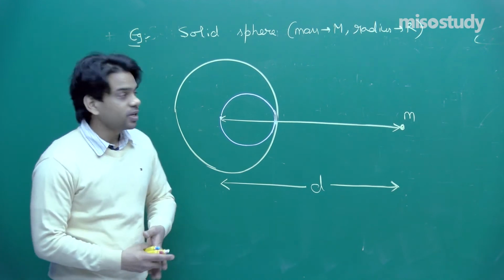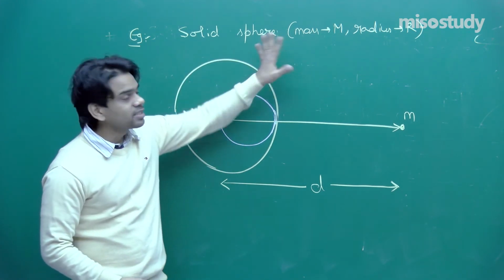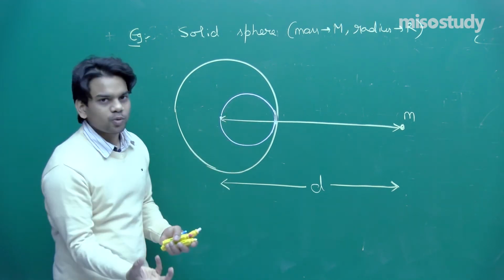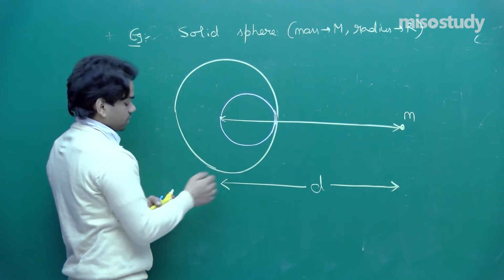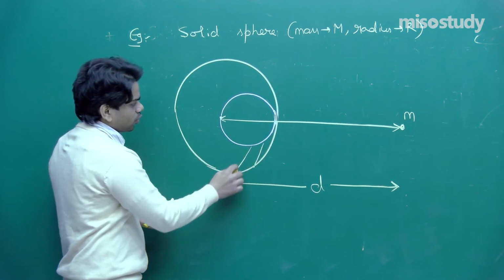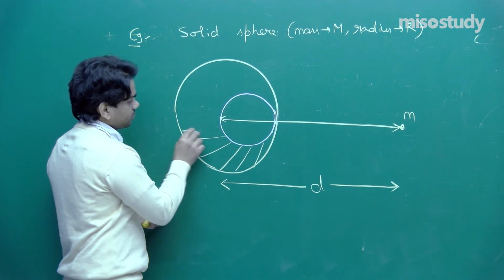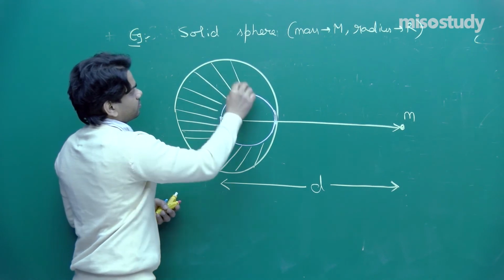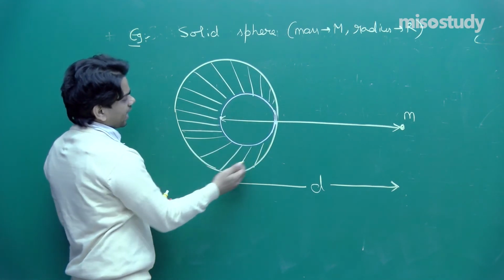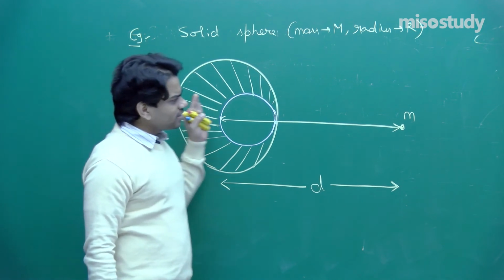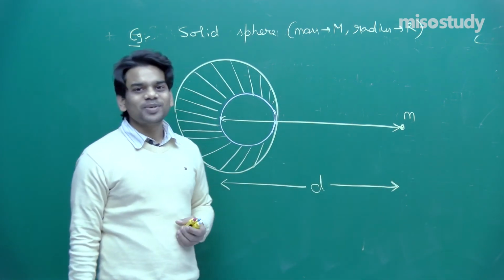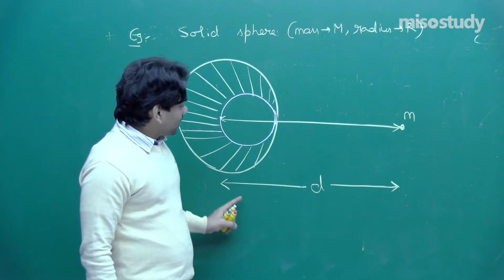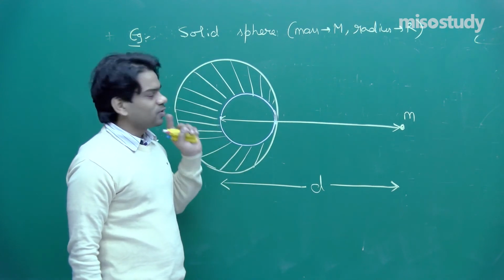See, there was a solid sphere, entire mass is capital M, its radius is capital R. What we have done is taken a small ball out from it. Now the leftover portion will be this portion. If you want to see it completely, I can show you with the shaded region. So the entire leftover portion will be this. We are required to find the value of force that this arrangement is going to exert on this particle of mass small m kept at a distance of small d from the center of the sphere.